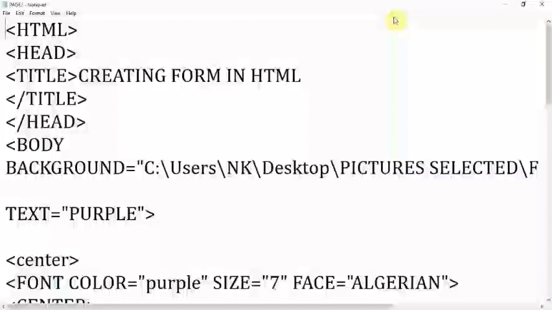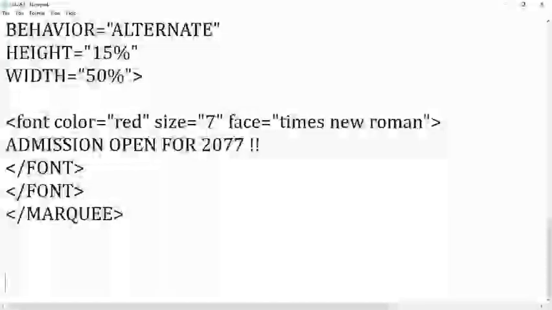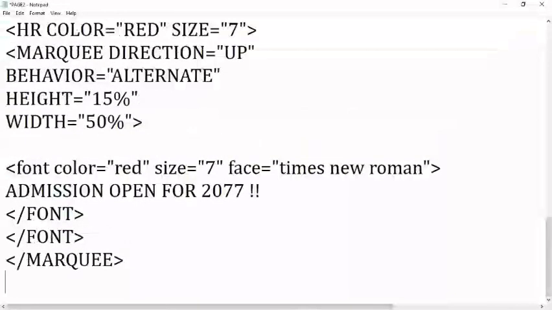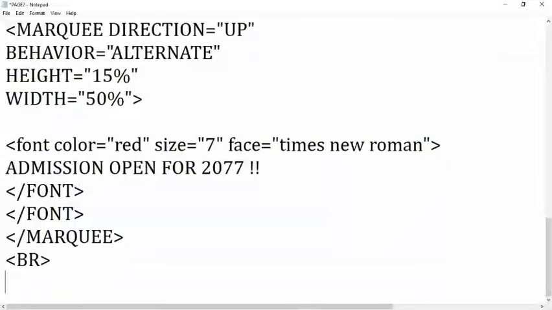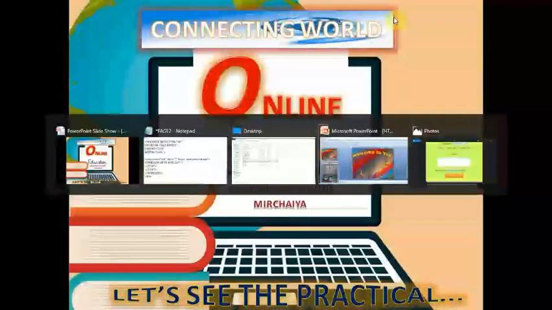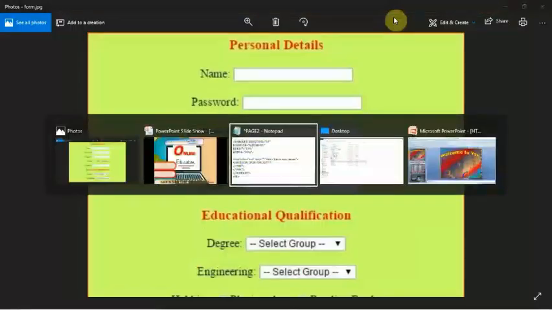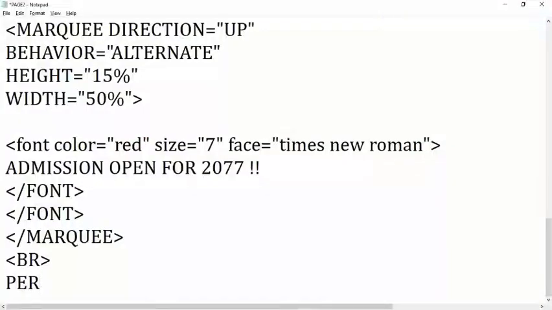Now you have to see, from here I want to insert the form. First of all I want to write here BR tag. What type of form are you going to create? This type of form. First of all, if personal detail is written, then write here personal detail.